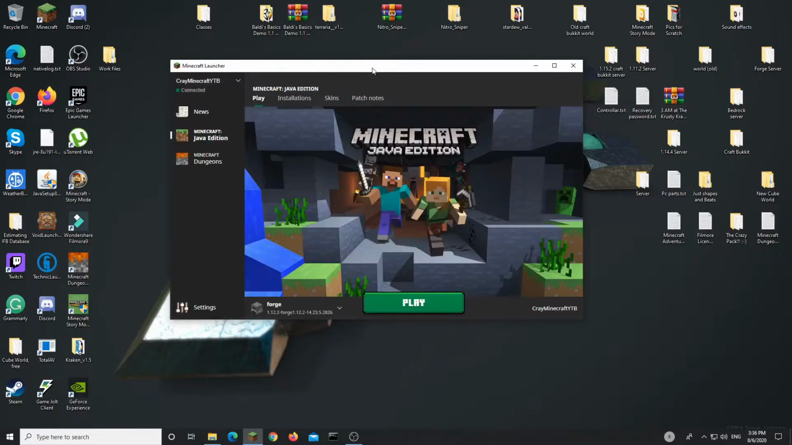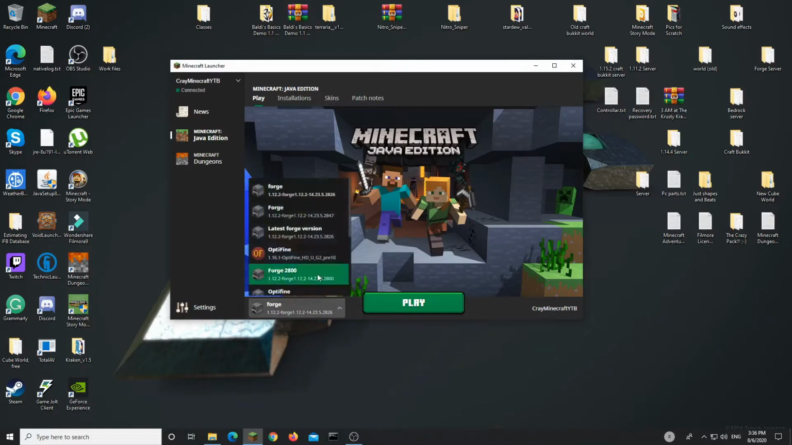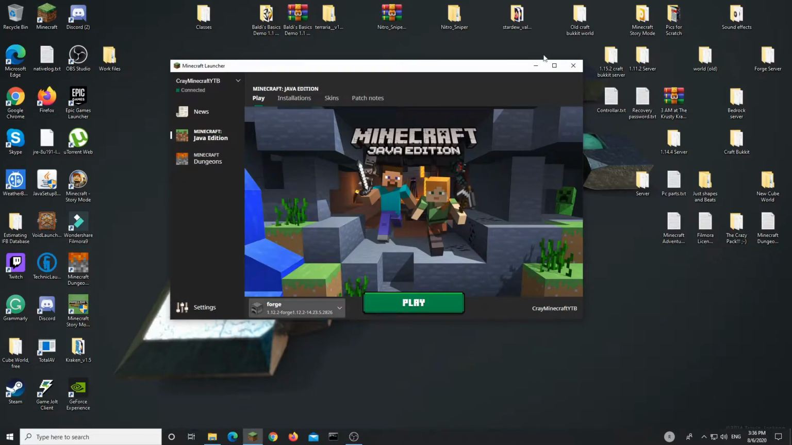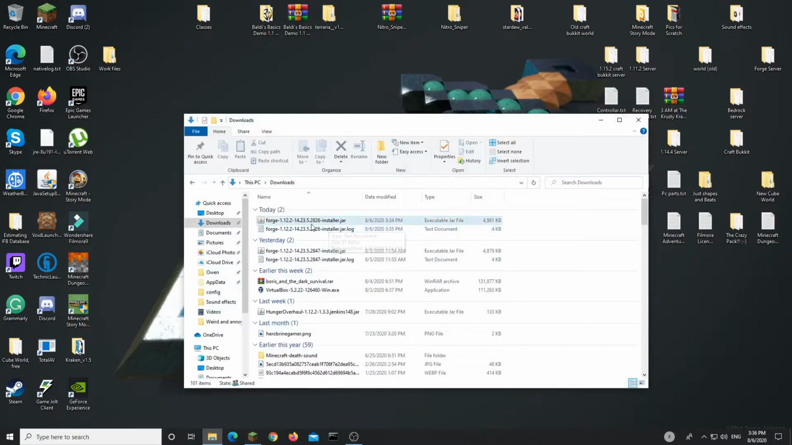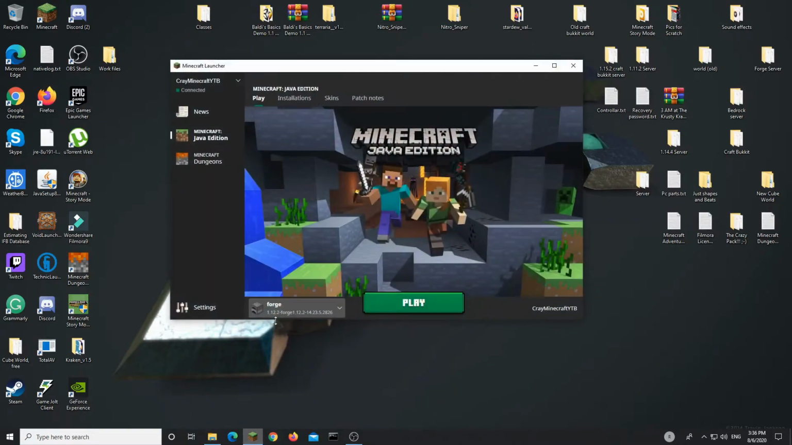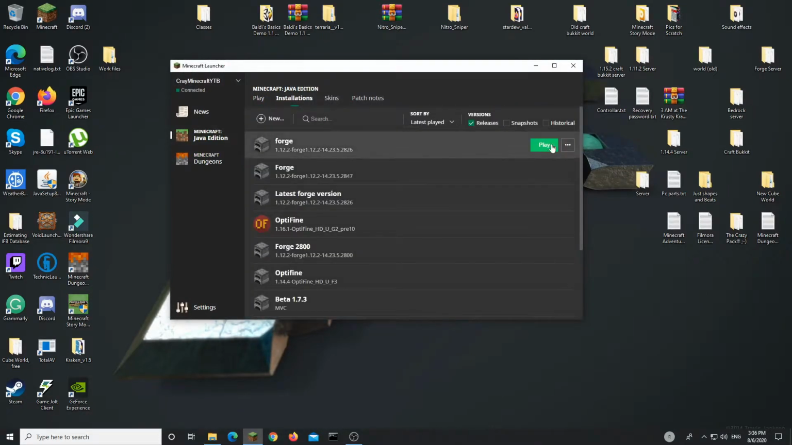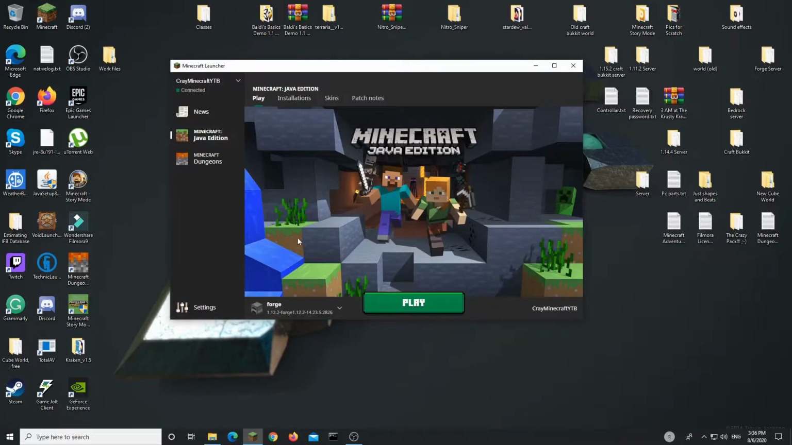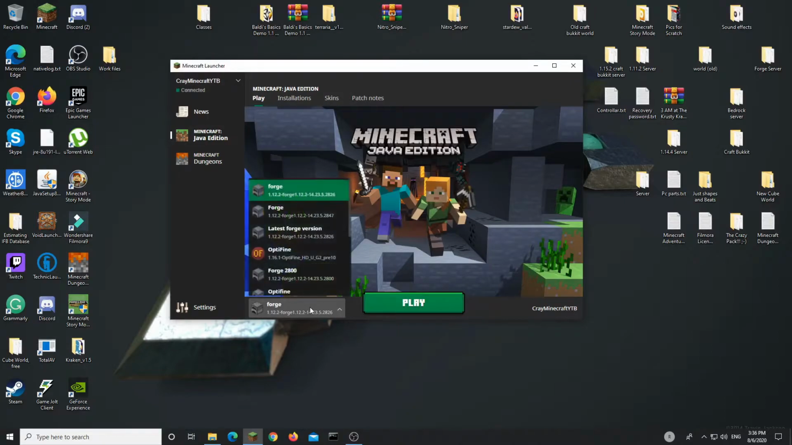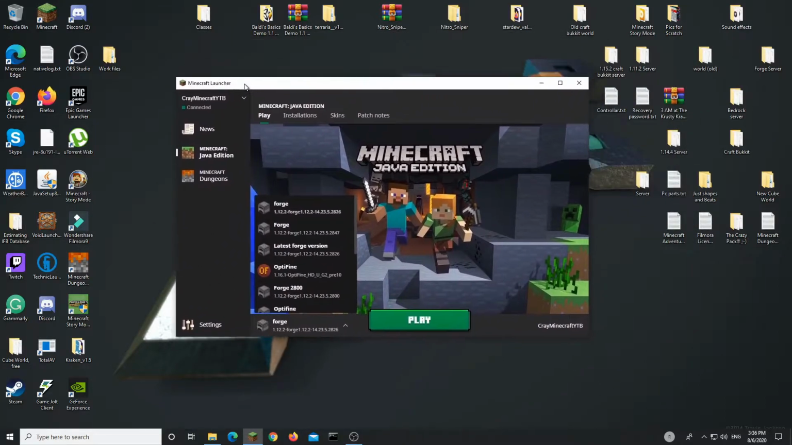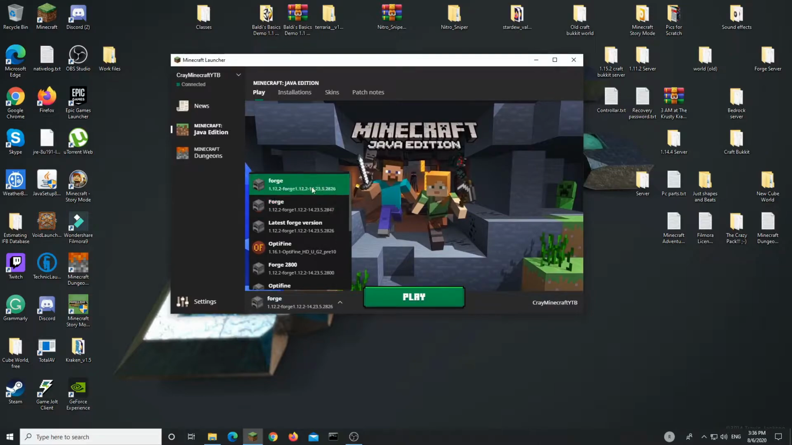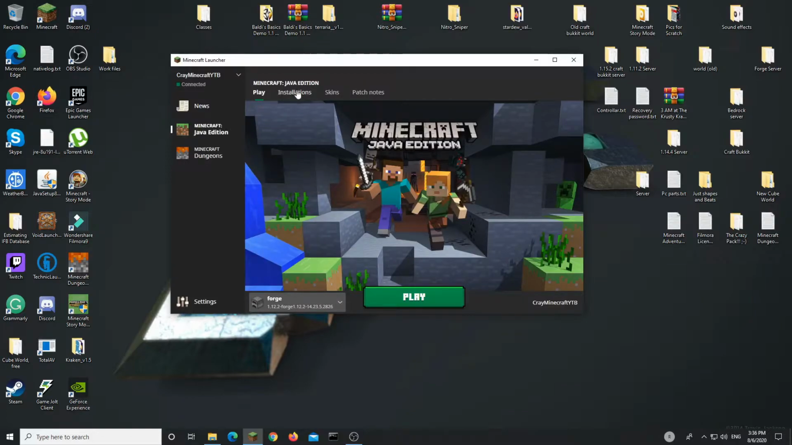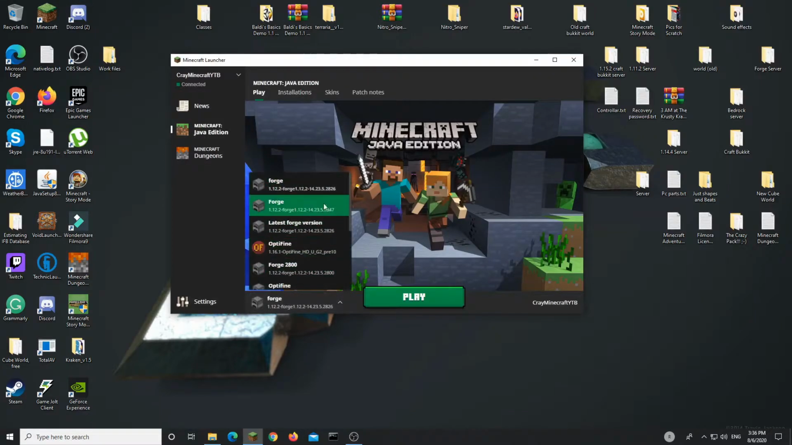Alright, so here it is. Now here's the Forge version that we have installed. Let's just make sure it's at 28.26. Now, alright, sometimes the Minecraft launcher, which is this, will not recognize that there has been a new version installed. So what you're going to want to do, if this doesn't pop up in your versions,